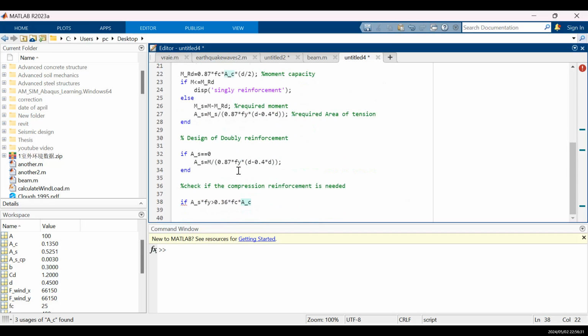So if this part in here is greater than this part,